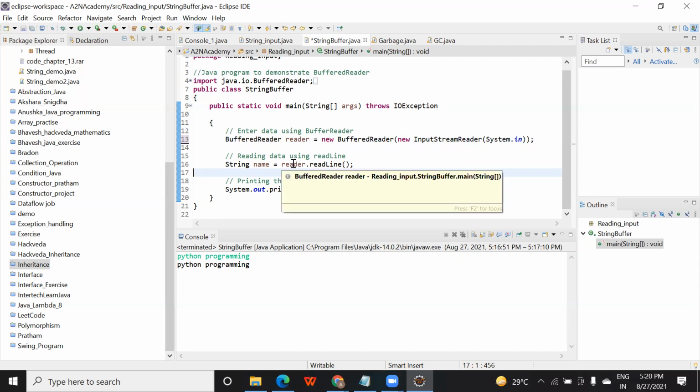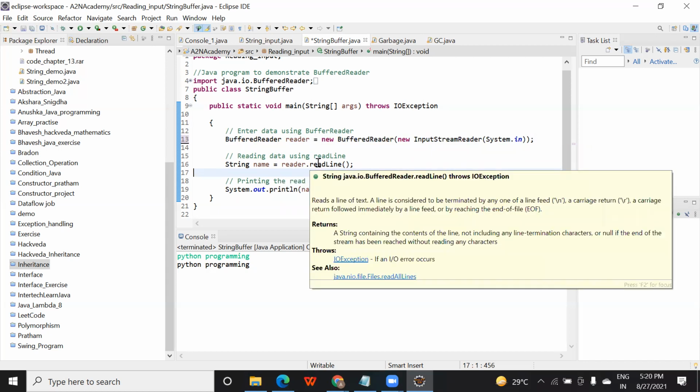How are you going to read the input? With this read line. This read line function will help you read a complete line until you reach the end of the file. Unless you press enter, as you press enter it means you have ended the line.